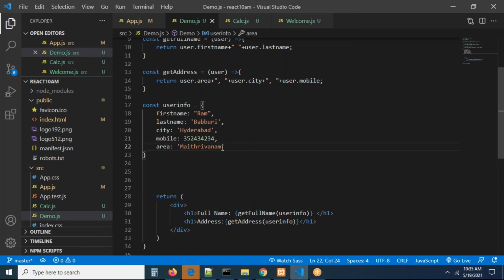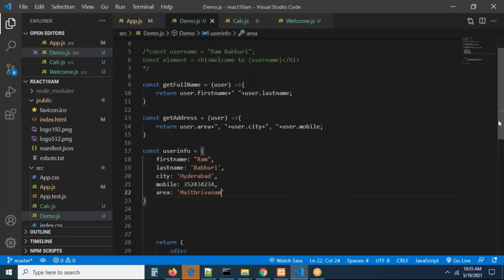Can you implement the same by using a class component? Will you try this? Same story, whatever I implemented here, I want the same by using a class component. You have to try this. So take this, I'm giving you the same array, same functions, whatever it may be. I'm sharing the array in the chat window, get the array and try to implement the same in your class component. I used this in a functional component. You guys need to work with a class component exactly. Yes or not, right?